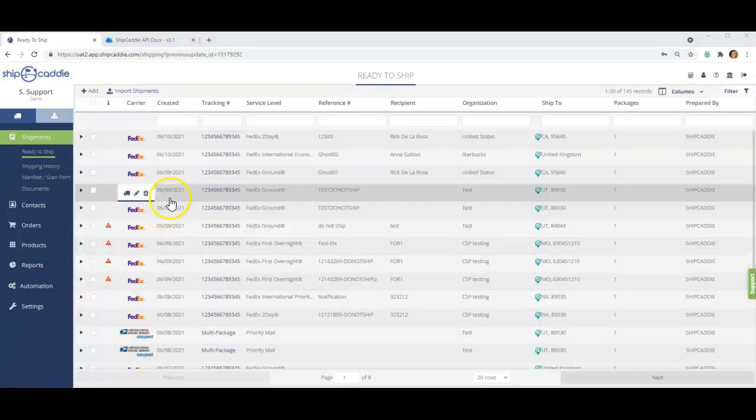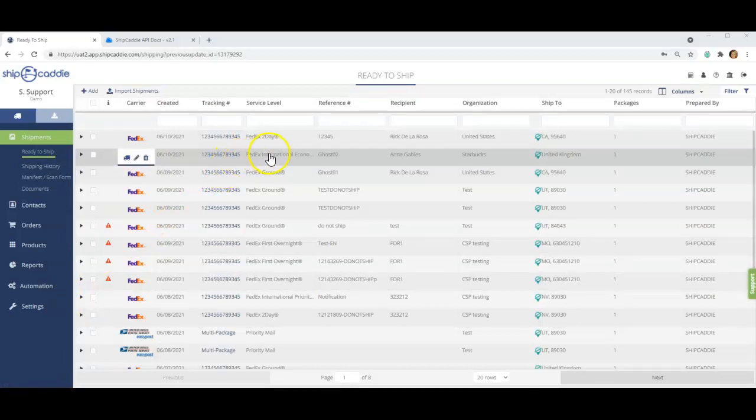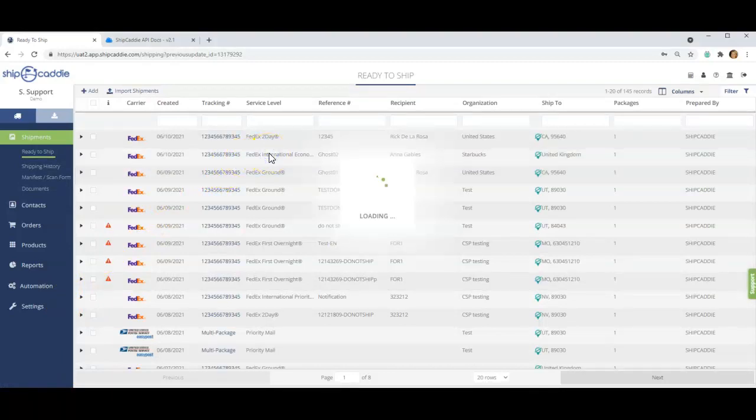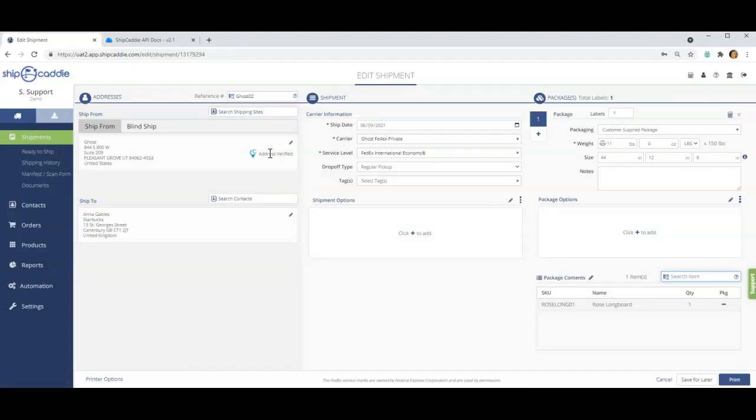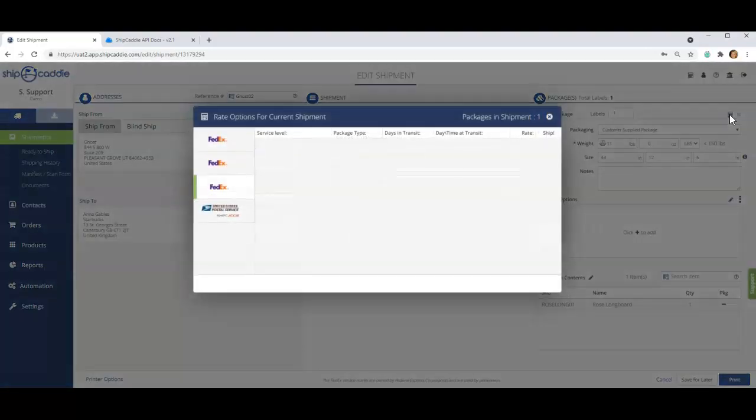Let's take a look at an international shipment I've created. So I'll come up and click on this one. This one's going to the UK. There's no extra shipment options. We come over here and rate shop. I'm going to select this first one, International Economy,